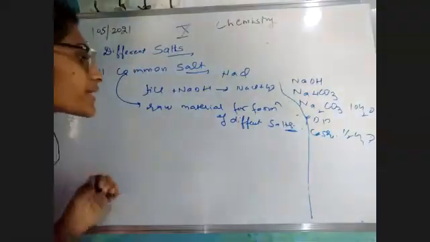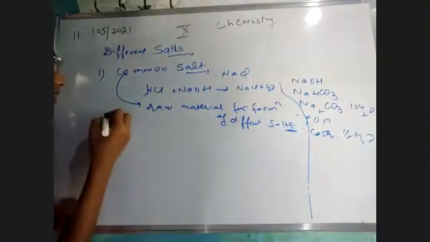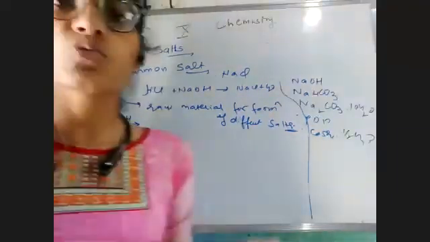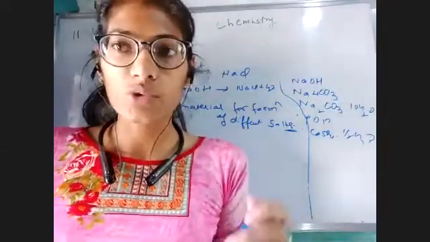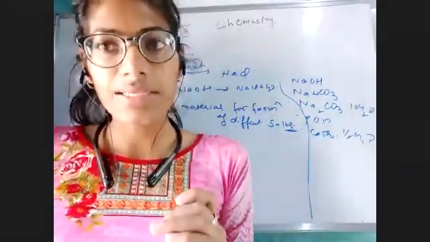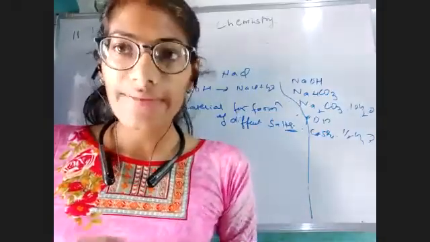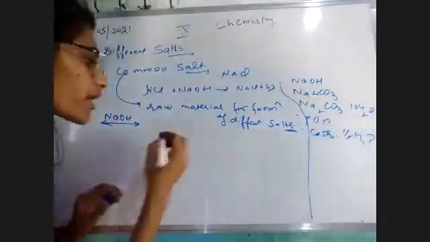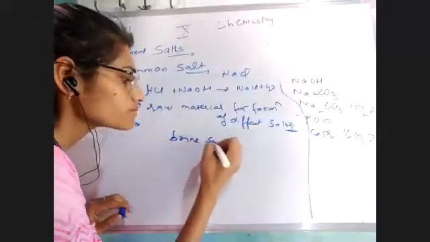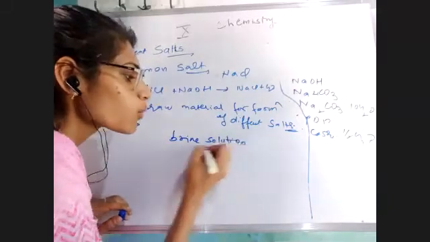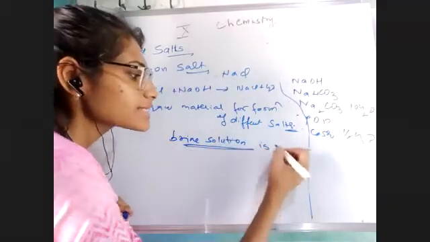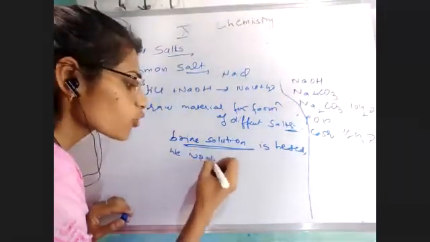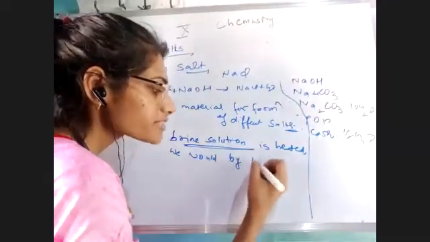Okay, so let's begin with the formation of NaOH, how NaOH is made from NaCl. Now, in the chemistry language, sodium chloride is known as brine solution. When this brine solution is heated, we would get the sodium hydroxide by the process of